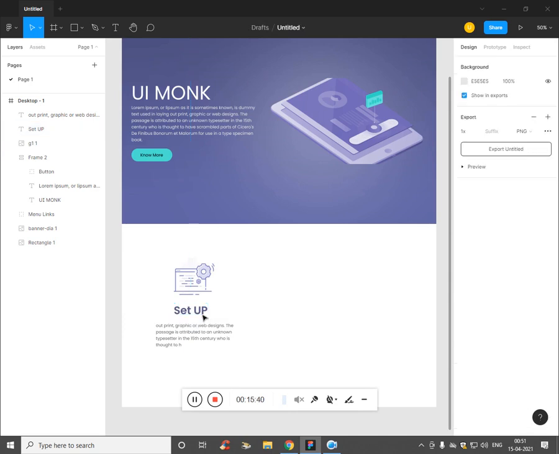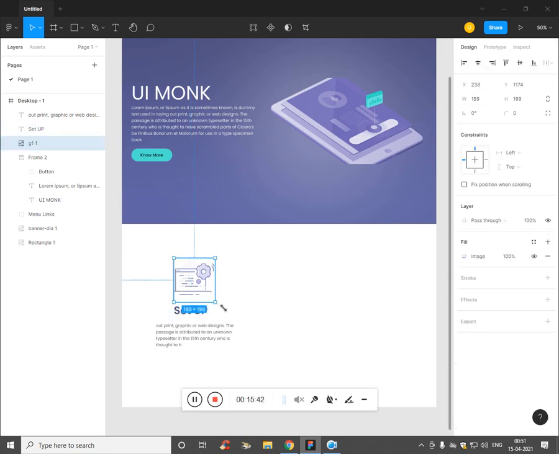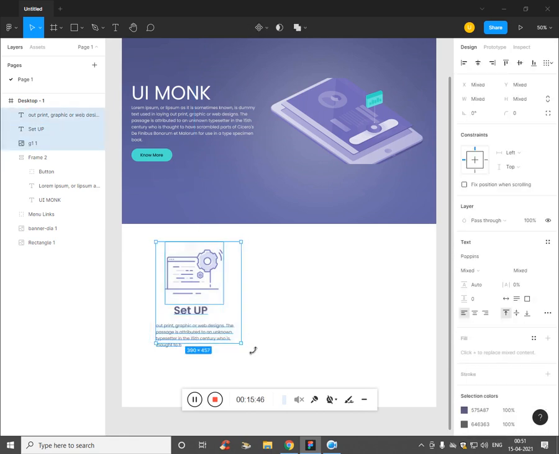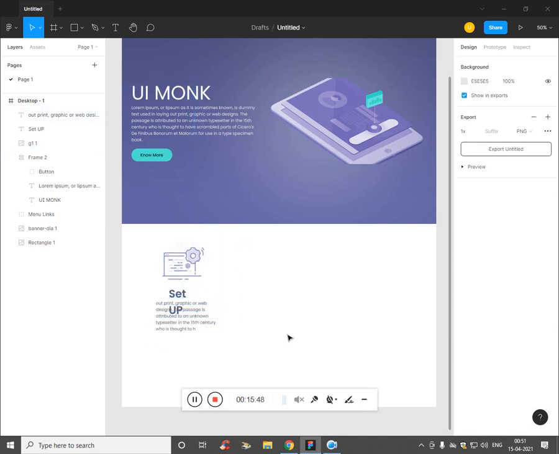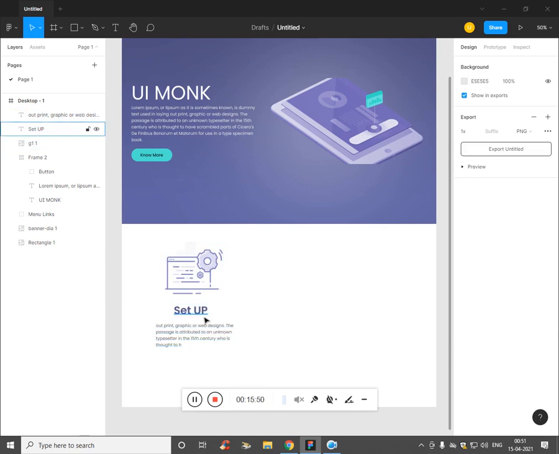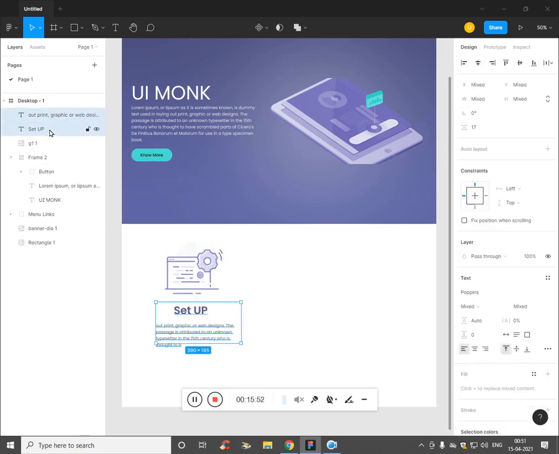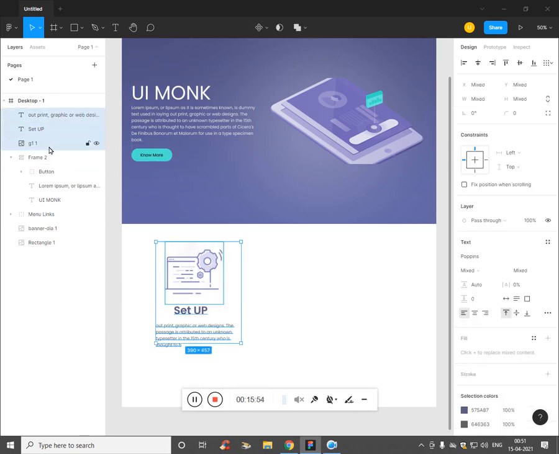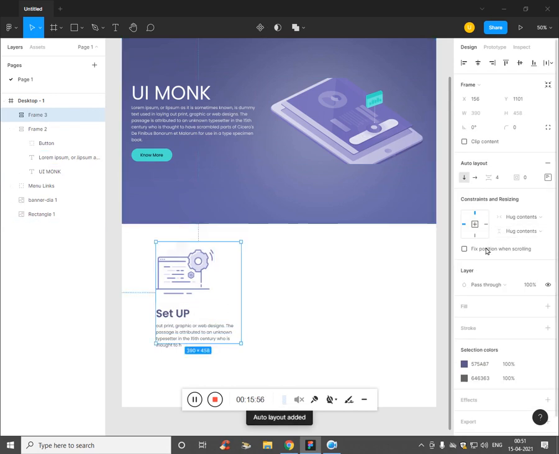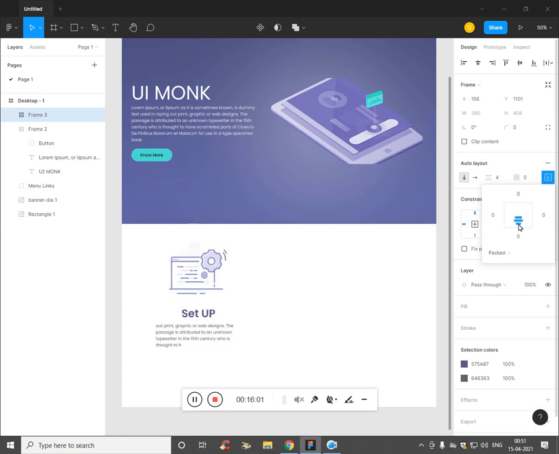Press V. Now select all, and you can make it a frame. Shift A to make it a frame, and here we have an option, center.